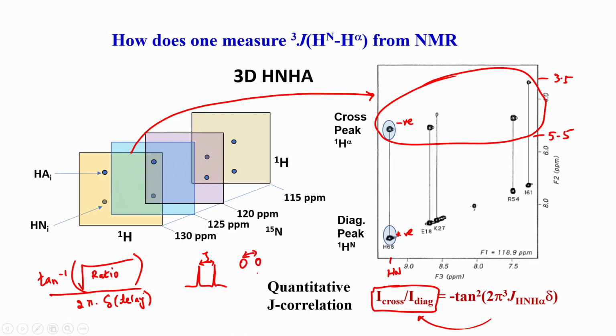So this is how J values can be measured in a 2D, but in NMR remember there are two methods: we either measure it from the spectra or we can measure using the ratio of intensity. There are many experiments published in this area using this approach. You can also measure the HNHA J value using this approach, but this technique we have not discussed here. The one which I discussed today was a more popular experiment which is based mainly on quantitation, by taking the ratio of the intensities.